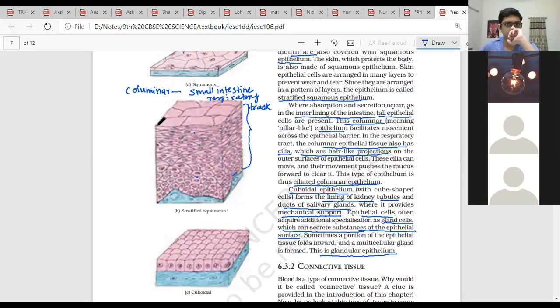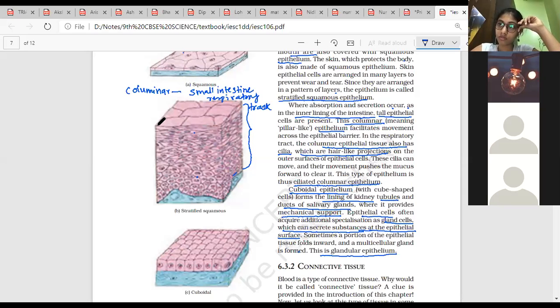Now this is epithelium, the protective shield of every organ, cavities, as well as our full body. Then next is connective tissues. Many tissues are connected together; two different tissues or two different organs are connected together with the help of some tissue cells. Those are called connective tissues.